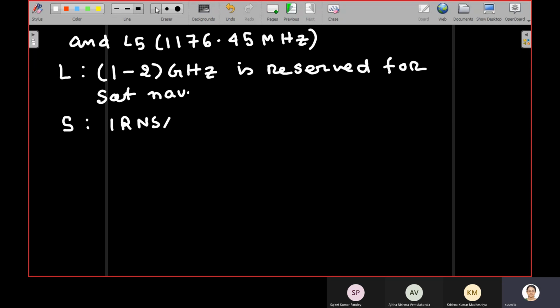The S band can also be used, but L band is preferred. S band has other issues, and partly because of that, ISRO is planning to include another L band signal for new IRNSS satellites. Now, the current satellites transmit carrier in 2 bands, L5 and S. L5 I have given here.